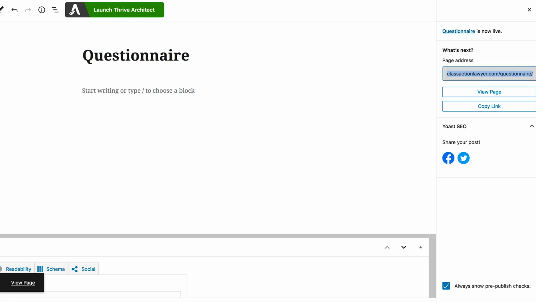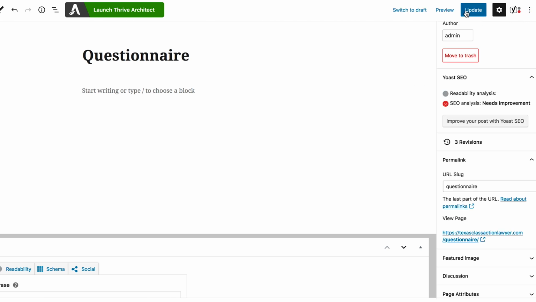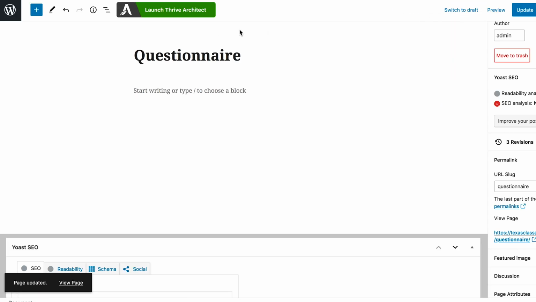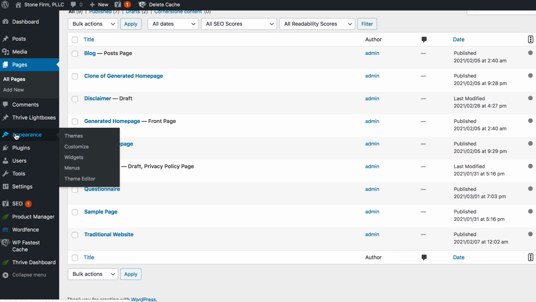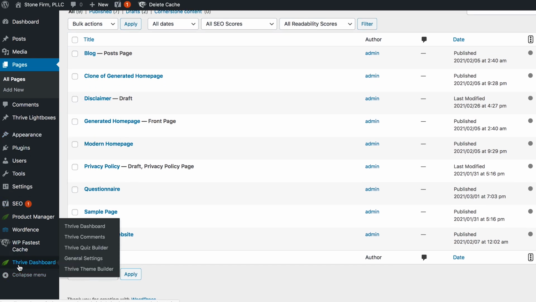Let's scroll through. And this link is what we're eventually going to connect our homepage buttons to. But we don't really need to do that right now. So I'm going to close this panel. I'll click update just to make sure everything is updated. And then I'm going to go back to the dashboard by clicking here. So we have our pages set up, and at this point we need to go to Thrive Dashboard and click